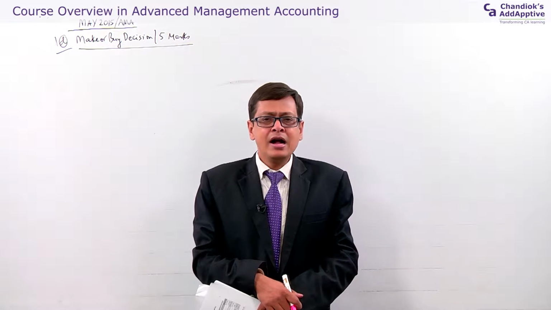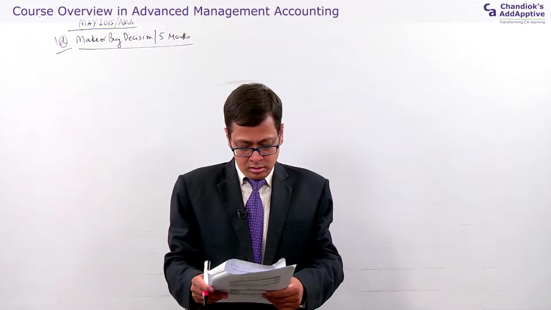Now the last part of the compulsory question, 1D, it talks of make and buy decision, and this is a 5-mark area. So friend, the art of proper reading the question is very crucial. So let's read the question properly, understand the requirement. If you read the question, it says